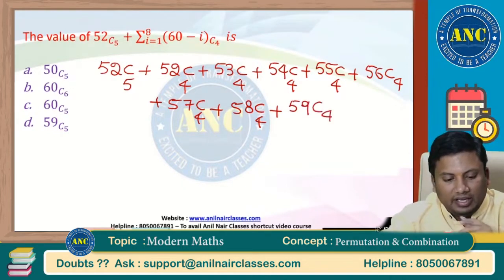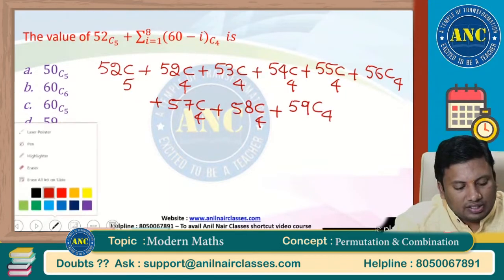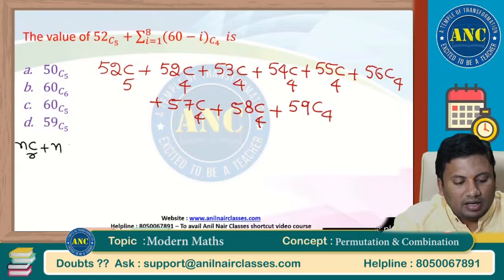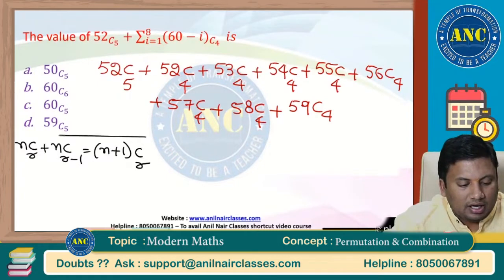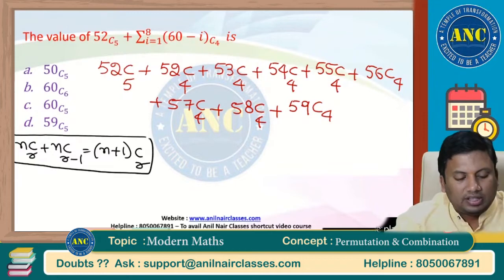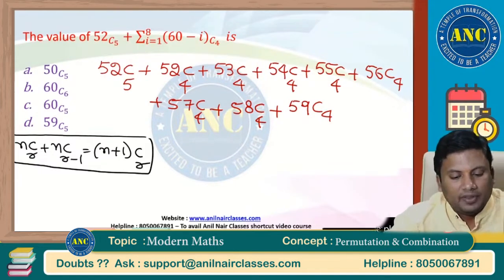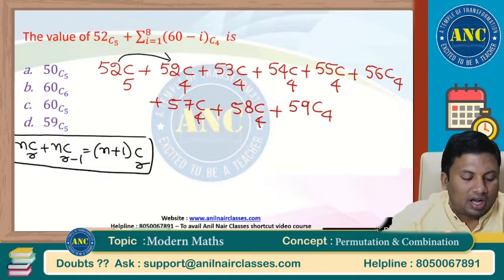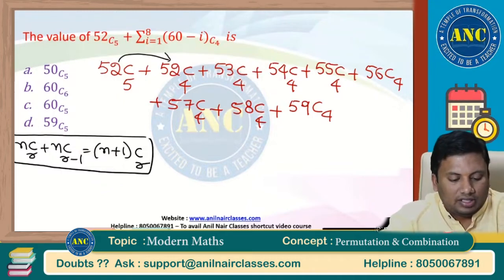It is 59C4. What is the concept that we discussed at the beginning of the class? nCr plus nCr minus 1 is nothing but n plus 1 Cr. 52C5 plus 52C4, r value it is 5. So, this is nothing but